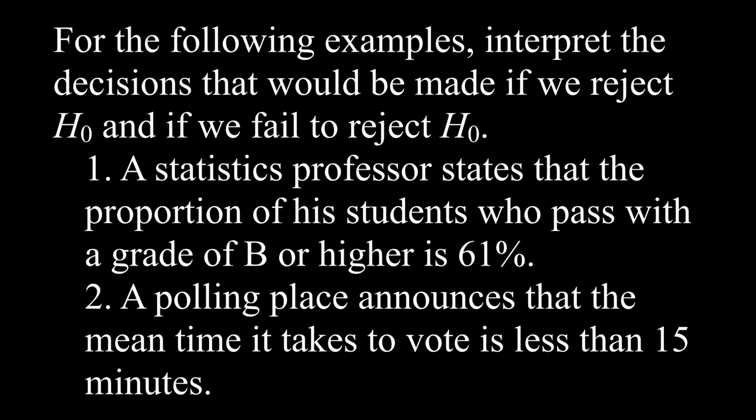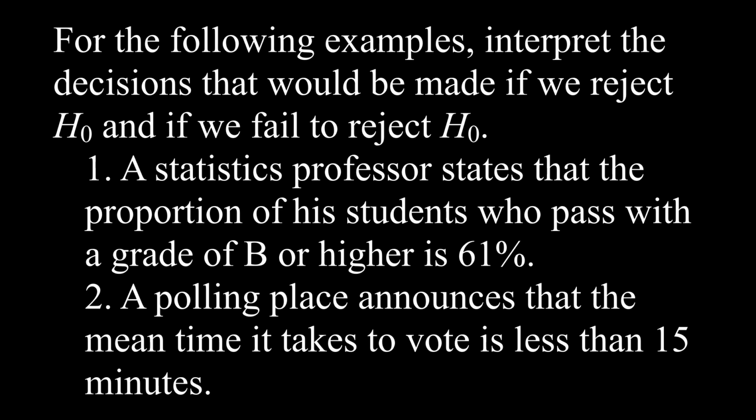So for the following examples, interpret the decisions that we made if we reject the null hypothesis and if we fail to reject the null hypothesis. In the first case, we have that a stats professor states that the proportion of his students who pass with a grade of B or higher is 61%. And in the second, we have that a polling place announces that the mean time it takes to vote is